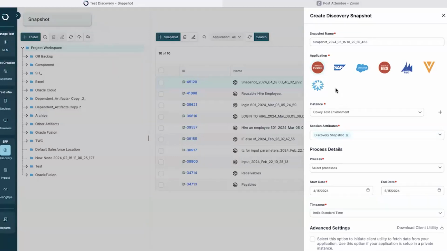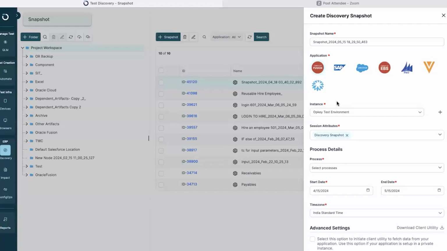What I'm showing you on the screen right now is a test discovery snapshot. This is a process mining capability of Opkey that leans towards testing. That's the reason we call it test mining or test discovery, that allows us to assess what's going on in the instance as we speak. It allows us to assess all the different variants that are going on, all the different logs that are part of the system, and creates a process mining graph for users to understand what changed and what not. It also helps you create different components. So for example, if there's a